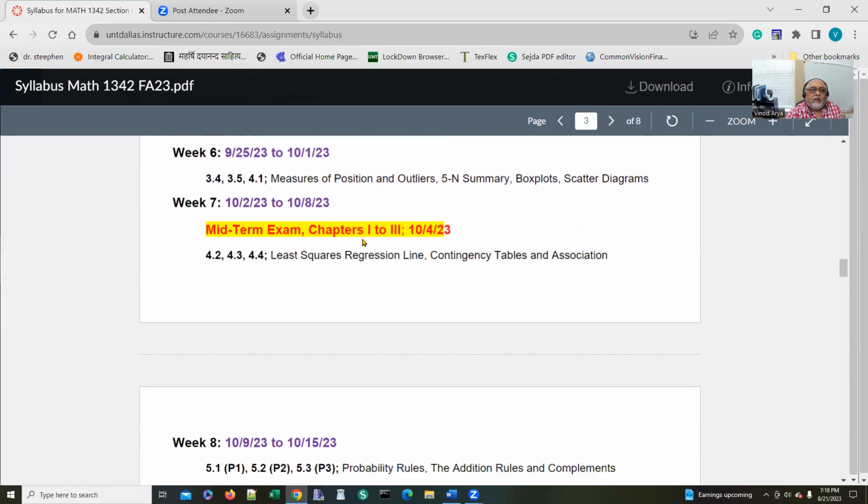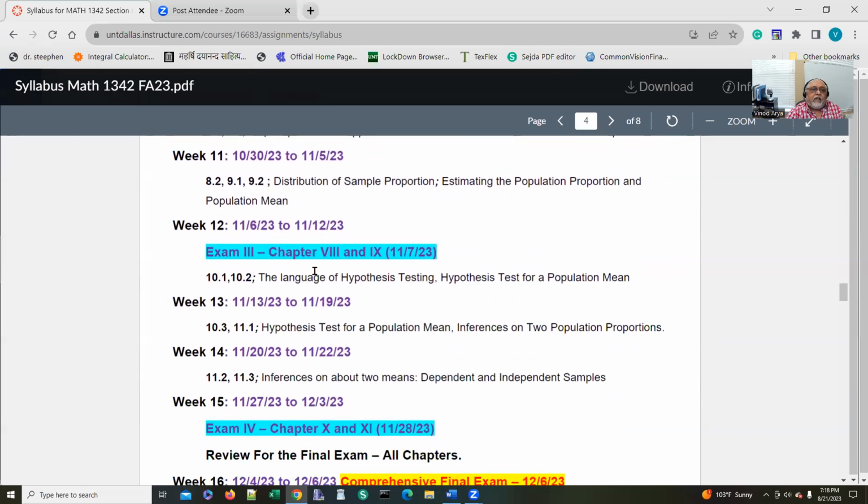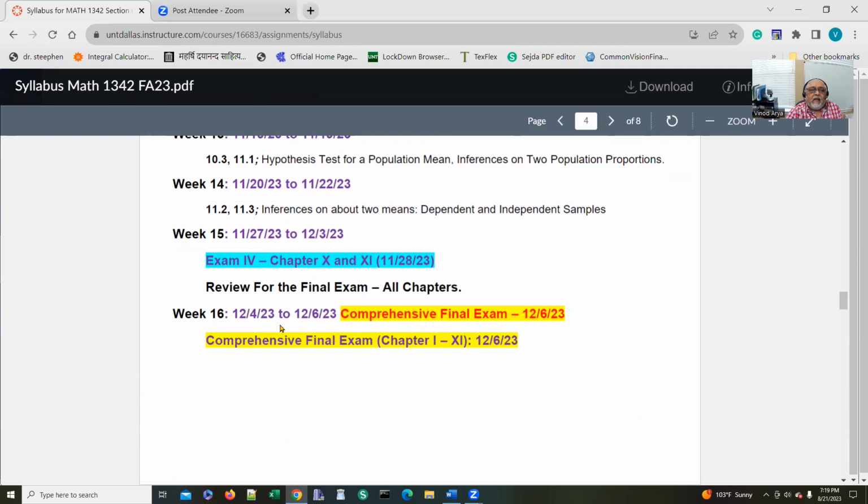Midterm exam, which will include chapters 1, 2, 3, is October 4th. Then second exam, which will include 4 and 5, 10/23. Exam 3, which will have 8 and 9, is November 7, or 11/7. Chapters 10 and 11 will be 11/28. And then the comprehensive exam will be on 12/6/23. So December 6th. Mark these dates because